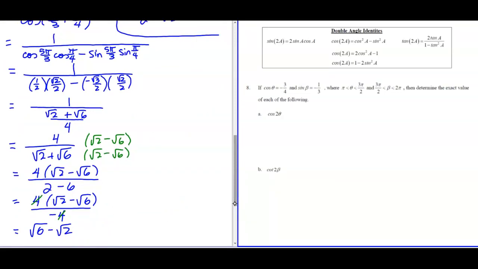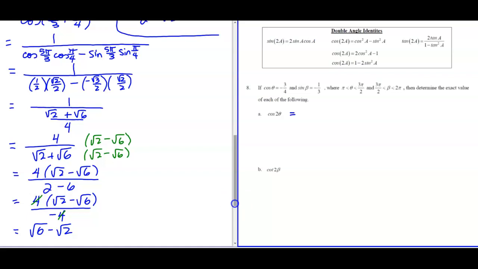So, cos theta is equal to negative 3/4. Sine of beta, so those are two different angles, just remember that. It gives you what theta has to be. It has to be between pi and 3 pi over 2. Beta has to be between 3 pi over 2 and 2 pi. Determine the exact value of the cos of 2 theta. So notice how this has no beta in it, so we're not even going to care about that. So cos of 2 theta,